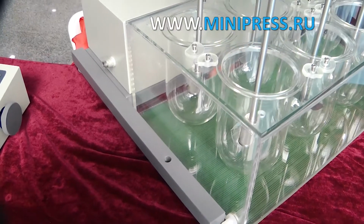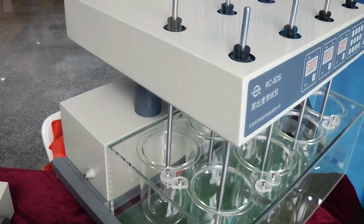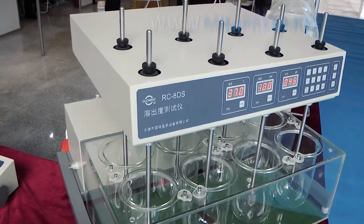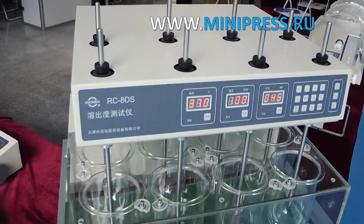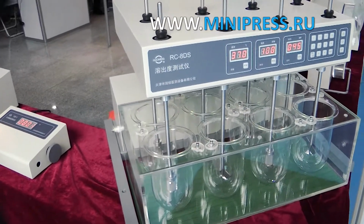Our pharmaceutical manufacturing plant in Yekaterinburg has been on the pharmaceutical market for more than 20 years. Last year, the management of our plant decided to improve the processes in production to optimize the operation of equipment. At the general meeting on the development of production, the leading engineer of the analytical laboratory proposed to update the